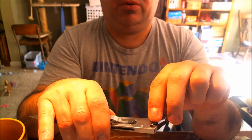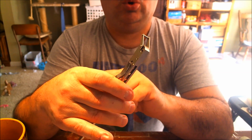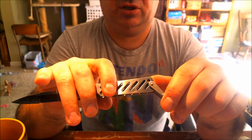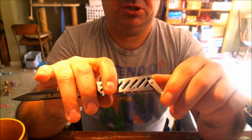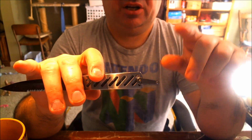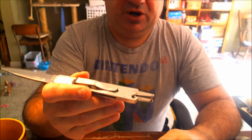Also, there is a cross-through for a thong or something along those lines, and I believe that is a brass-lined hole. Man, the detail they used to put on these things. You can see there's a slight color contrast there, because it looks not silver, but more like a copper or bronze color. So this actually is a lined through hole for the stuff to hang on there. I believe this is called a clevis, and it does have a built-in belt clip, kind of like the Spyderco